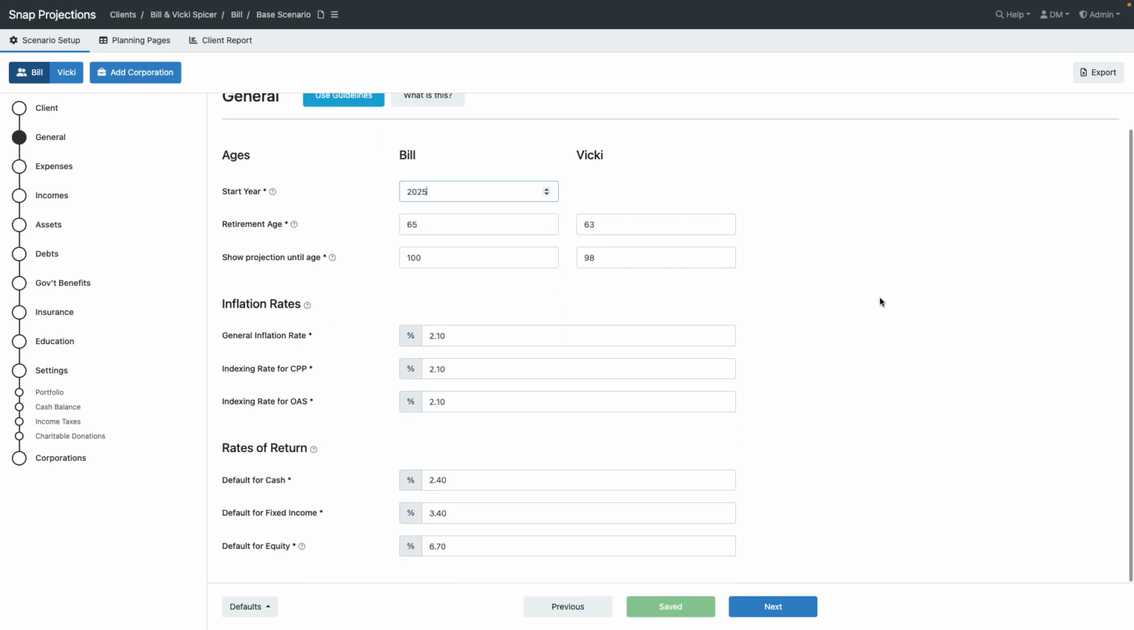So just moving down here, after this we can specify assumptions around inflation rates and rates of return. These values reflected here are SNAP's defaults, which are FP Canada's recommendations. You have the options of adjusting these rates to your preference or simply leaving them at the defaults. In regards to rates of return specifically, we recommend that these defaults reflect the net returns, which accounts for investment